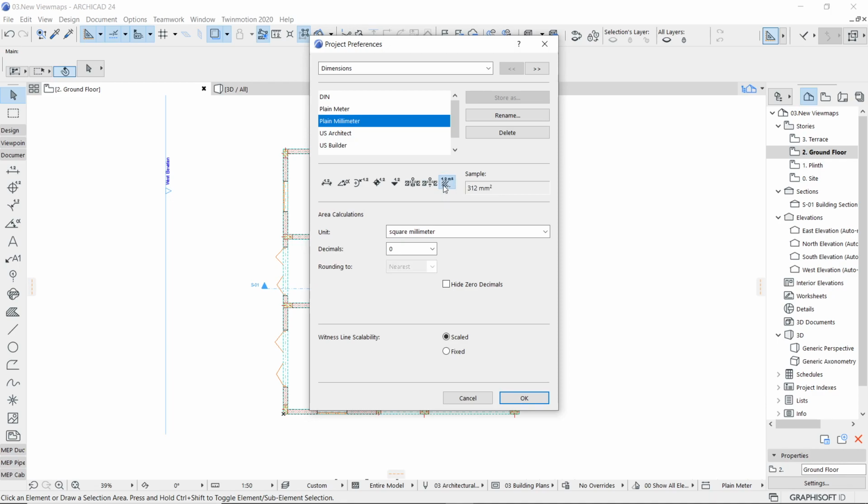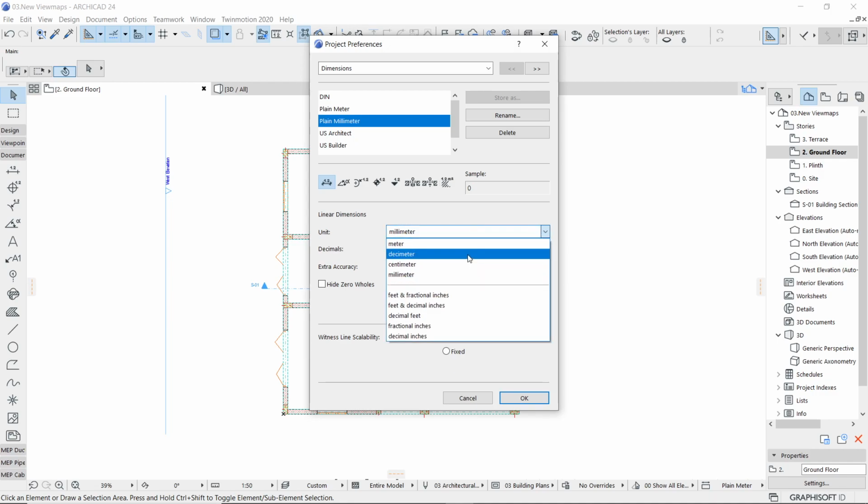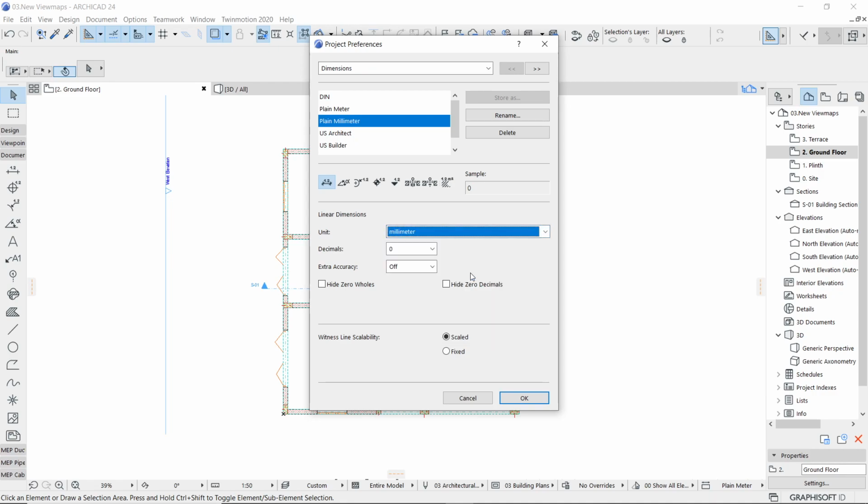Okay, so now, for example, if you don't have a new style available with you, you can first of all select the required page, get the title of that as linear dimensions, and then the unit system, which unit system you would like to follow so that ArchiCAD will display the dimensions accordingly. As I've said, we'll continue with the millimeter itself.